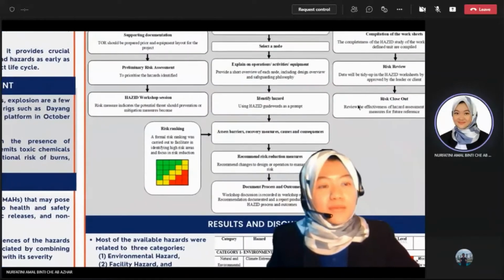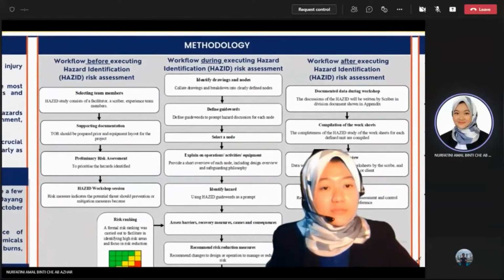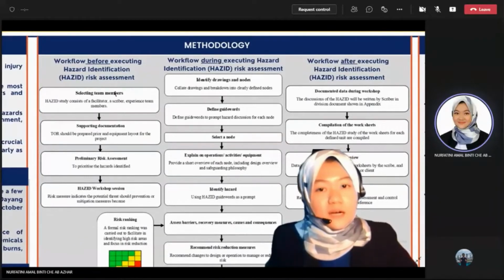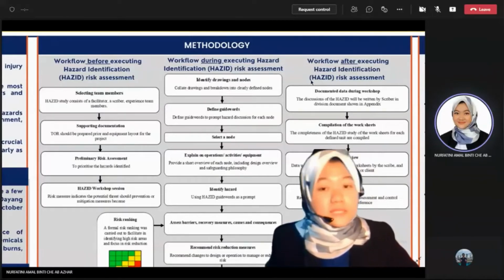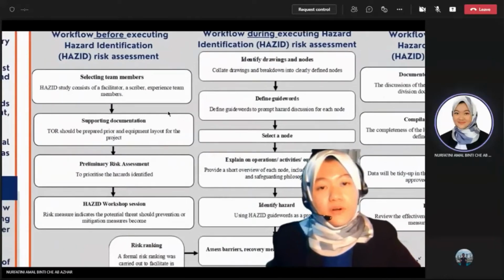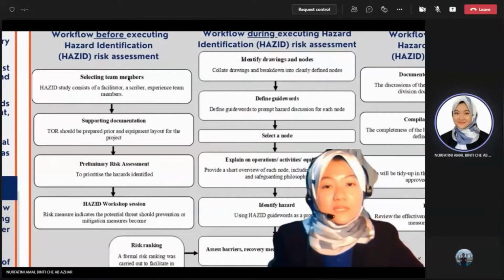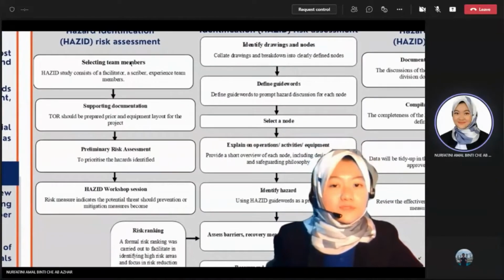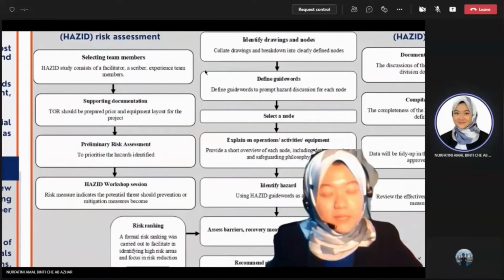Moving on to the methodologies that have been used for this hazard risk assessment, I have three phases, which are before, during, and after the hazard risk assessment. Let's see the workflow. Before executing the hazard risk assessment, we have to select team members, who are very experienced people, and